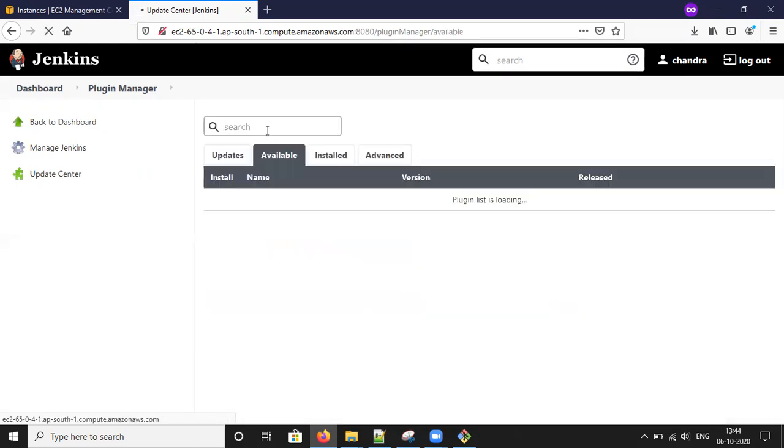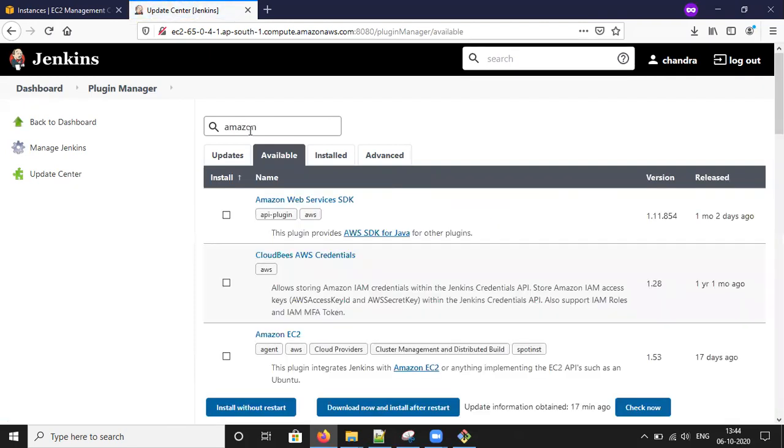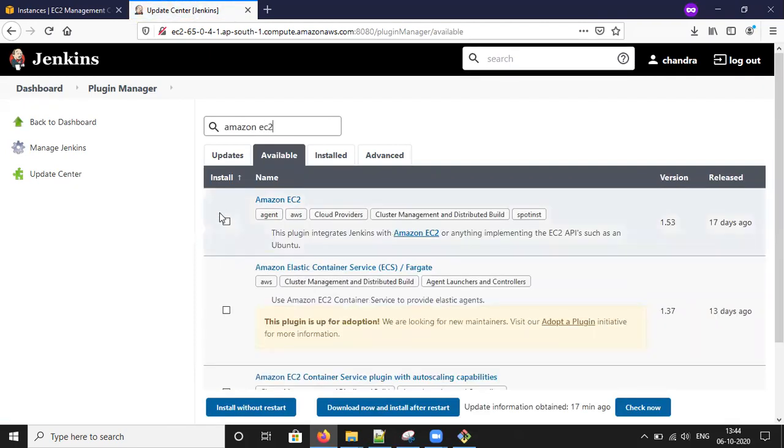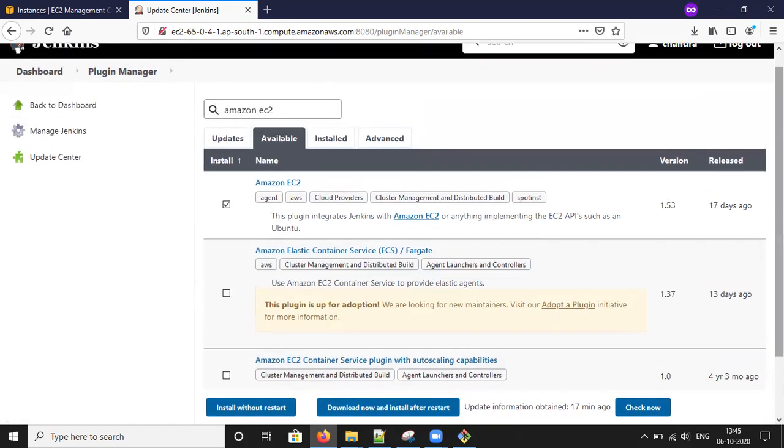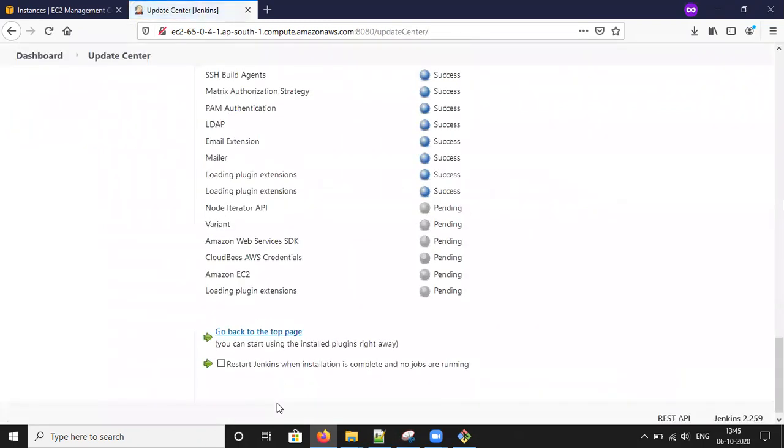Click available and check the Amazon EC2 plugin. Click on Amazon EC2. You can install without restart. It may take a while.